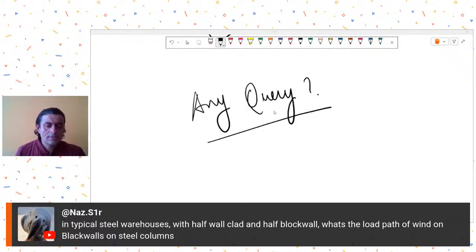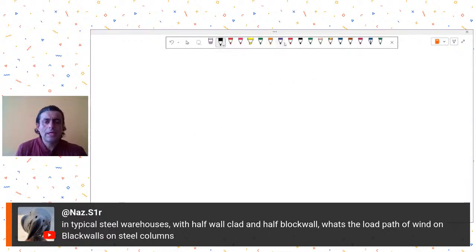Naz STR is asking, in typical steel warehouses with half wall clad and half block wall, what is the load path of wind on block walls and steel columns? Usually when we have such a thing, if I show you the plan view,